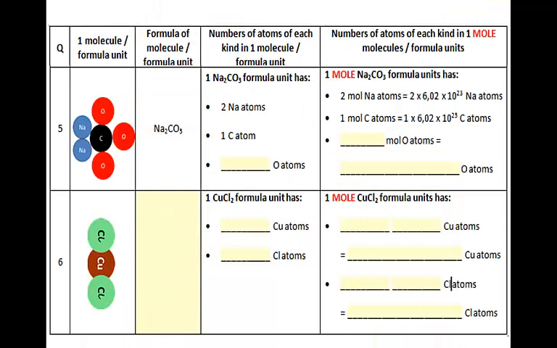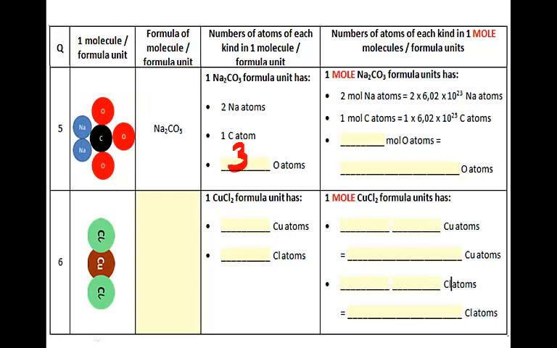Here we have sodium carbonate. Notice the little 2 there refers to 2 sodium atoms for every 1 carbon over there. And then we have 3 O's, 1, 2, 3, sodium carbonate. Sodium carbonate is an ionic substance, so we don't use the term molecule to refer to this here, but rather the term formula unit. 1 sodium carbonate formula unit has 2 sodium atoms and 1 carbon atom and 3 oxygen